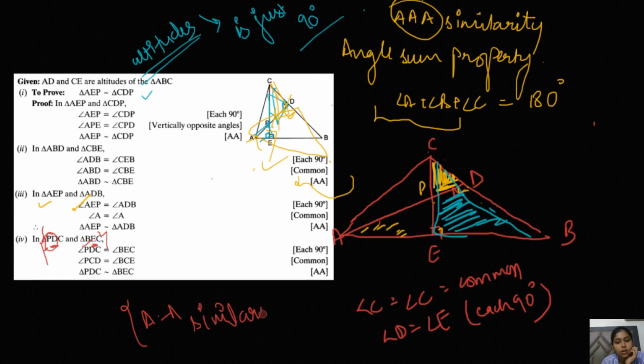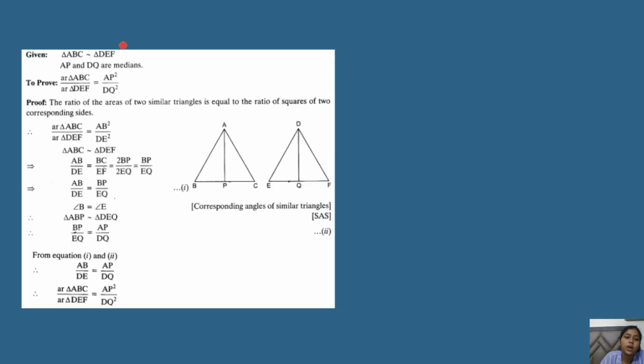Like in this particular, you can see that D and D, they are in the same position, so you will be getting an idea that D and E must be equal. Then you will have a look at the question and the figure and you will find out that since both of them are equal to 90 degree, it means that both of them are equal, right? Moving ahead with the next question.